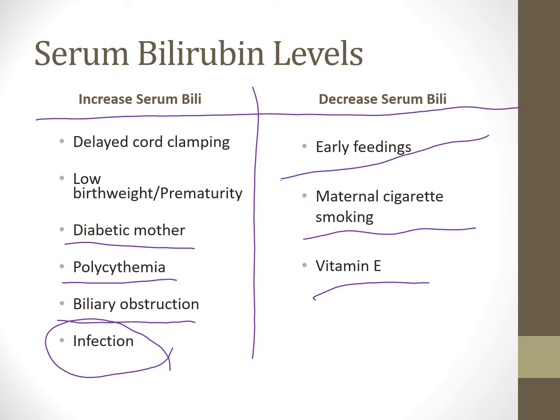Vitamin E. Maternal cigarette smoking and the bilirubin levels are going to be something that we're going to see out there as controversial, on how much or the physiology behind it. So we're not going to talk too much about it. I'm not going to have you guys go in detail on that part, but I want you to just sort of be aware of things that can increase serum bilirubin levels or decrease it. I know I talked about cigarette smoking